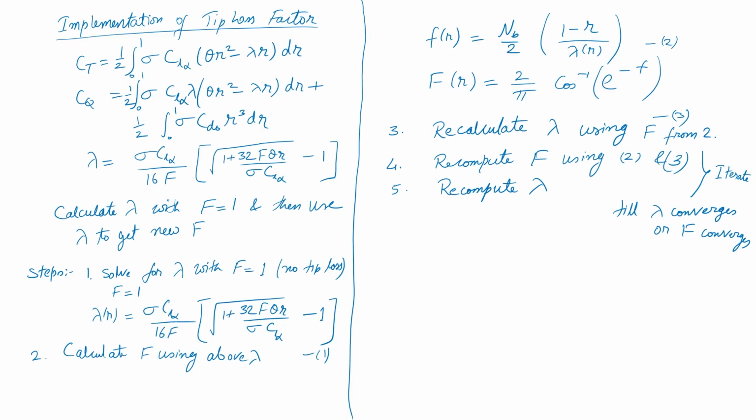Okay. So why are we still going to write F in the equations? I can write it as a function, so it becomes my lambda function, and I do not have to keep typing lambda again and again. It is a more clever way of coding, where my function directly gives me lambda. In MATLAB, I can define lambda as a function that takes f as a parameter. So independent of whether I am using f as 1 or something else, it will always give me lambda. But bottom line is that this is my formula I am using.